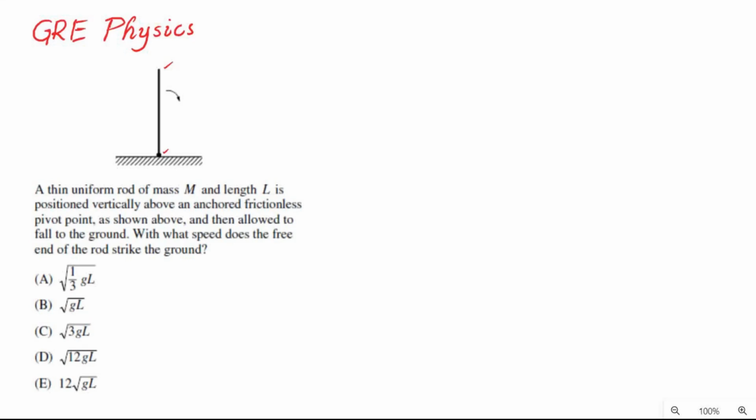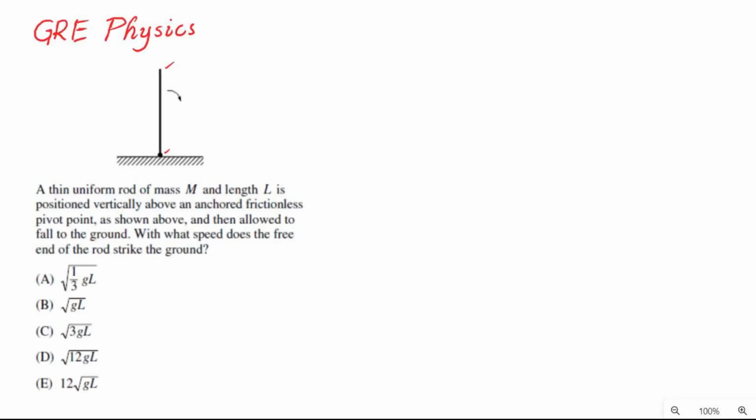The potential energy of the rod in the vertical position will be totally converted into the rotational kinetic energy of the rod upon reaching the ground. Since the rod is uniform throughout, its center of mass lies exactly at its center, which is L by 2, that is length of the rod divided by 2, above the ground in the vertical position. And this allows me to write down the potential energy of the rod equal to m, mass of the rod, times g, acceleration due to gravity, times L by 2, which is height of the center of mass of the